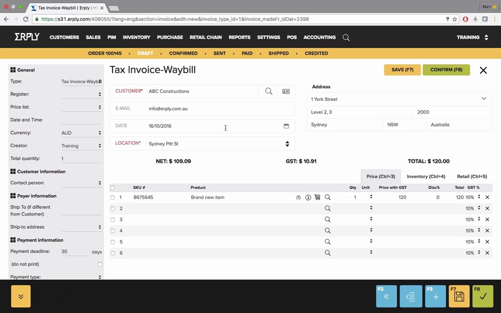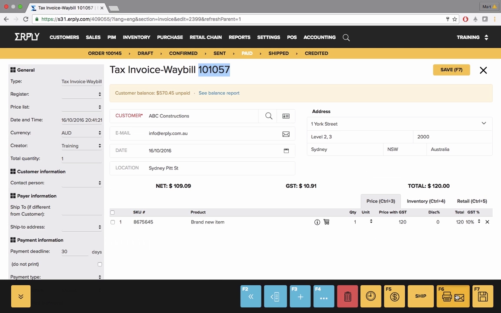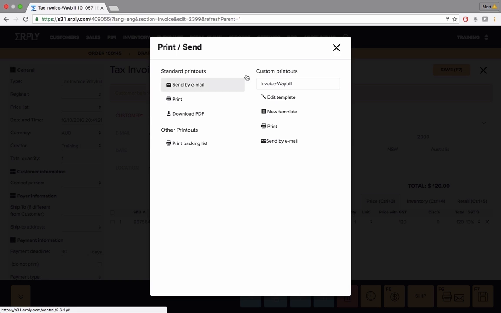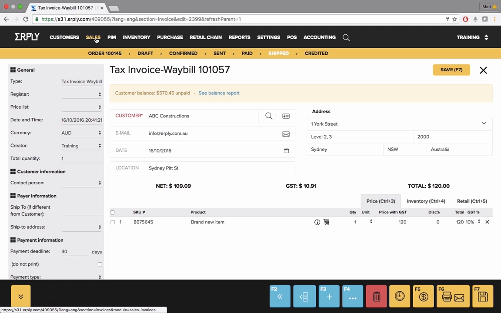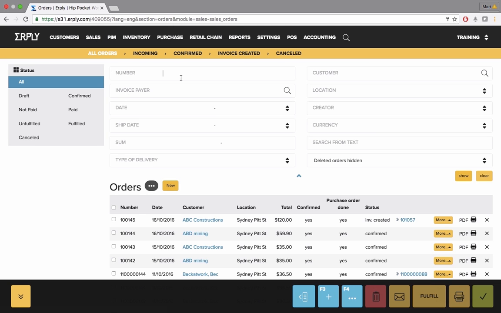Now we can confirm the tax invoice and print the invoice and ship the goods just as we did on the invoice part. There may also be a need to partially fulfill orders. To do that, let's find and open up an order number